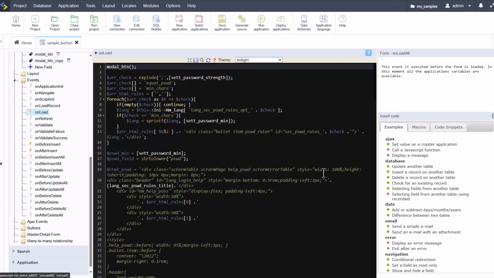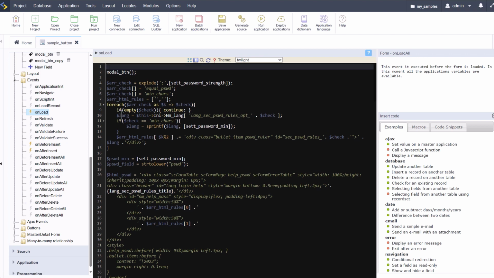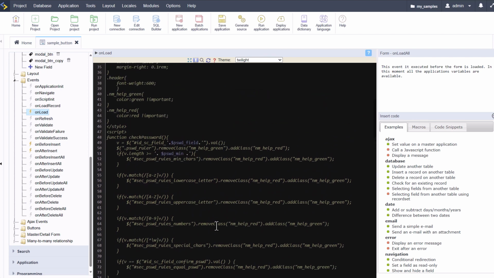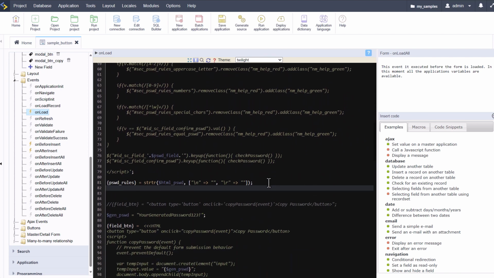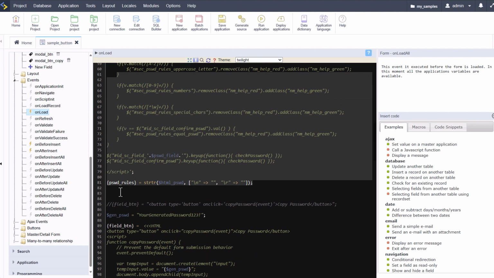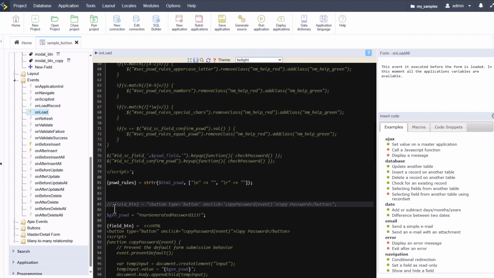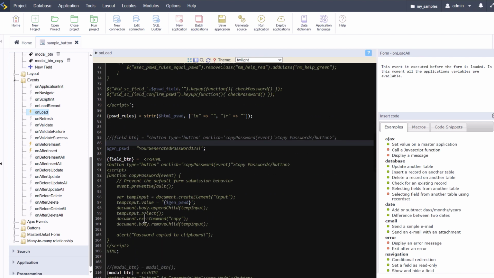And as I'm already using the form for editing of users, well, it already has a load of code. So what I have placed in here is, first of all, this one here, which is a method for the modal style, the style of the modal window. And then down here, you'll come down here, the password rules. This is where the Scriptcase code finishes. And then here I have, first of all, the first button I placed here, and then the actual buttons that